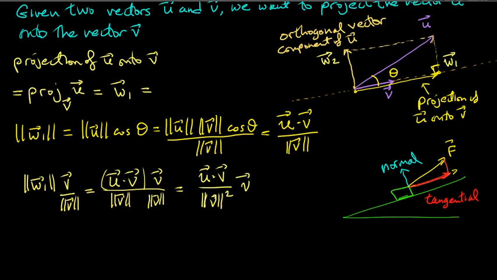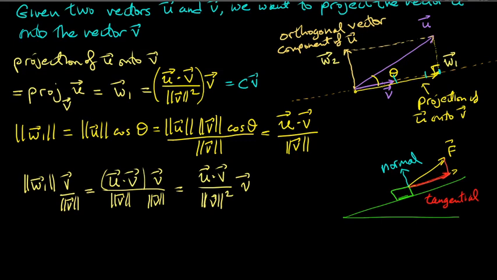Okay. So I hope that's clear. And so that's the answer here. This is going to be U dot V, and again, that's a number, divided by the magnitude of V squared. That's also a number. And to make it a vector, you just multiply by V. Okay. So what's in the parentheses here is simply the scalar multiple, right? This is just C times V, where C is the scalar multiple that you need to multiply by V to get W1. So in this picture here,